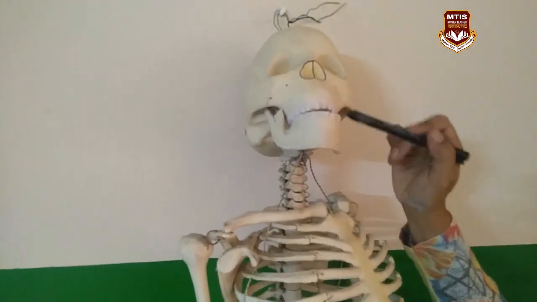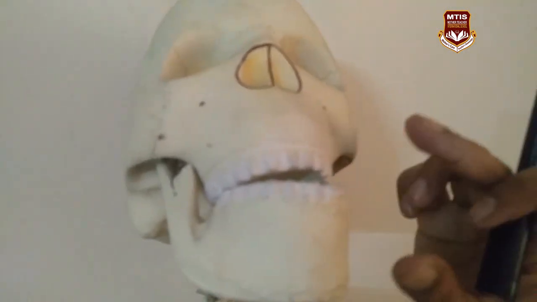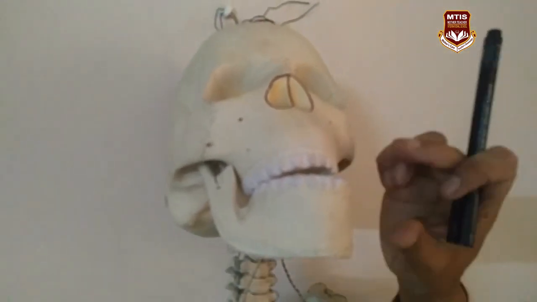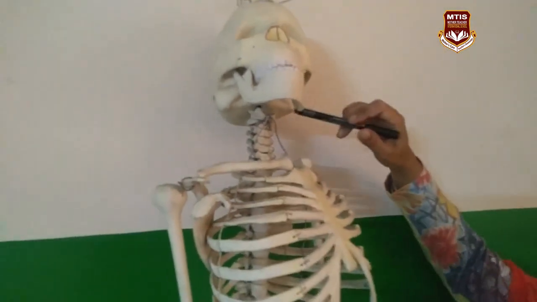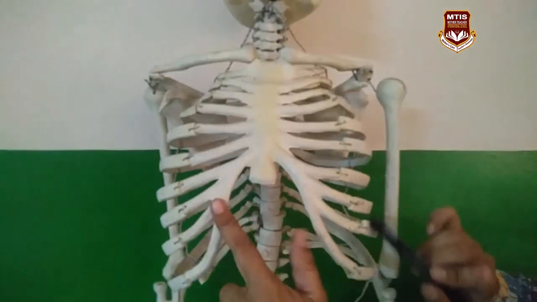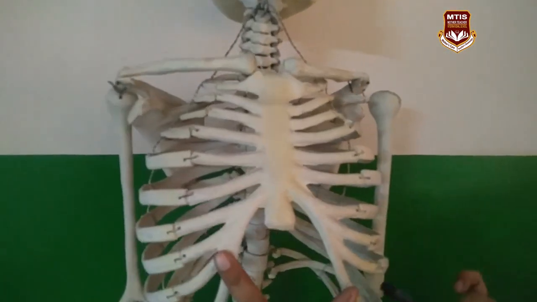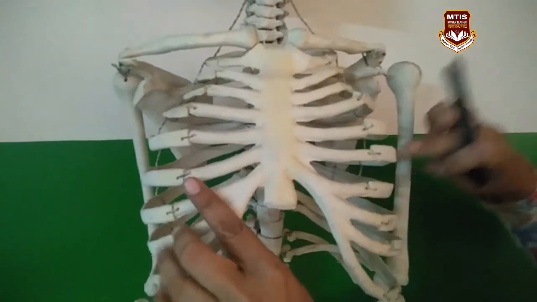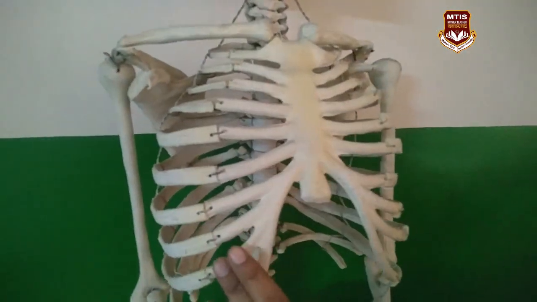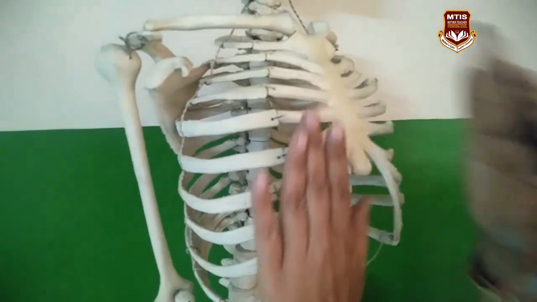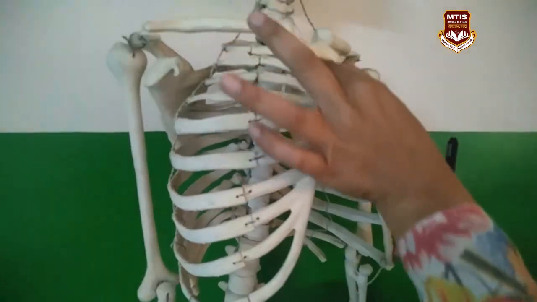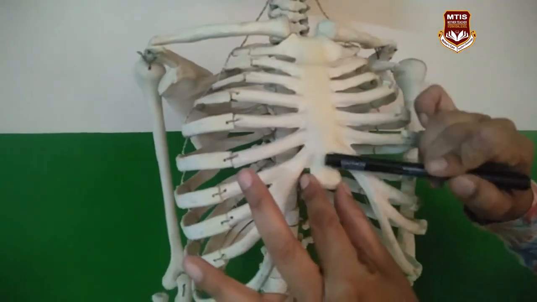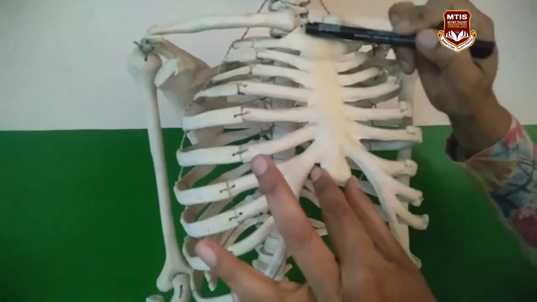These are our jaws. In the jaws, our teeth are embedded in jaw sockets. After the skull, we have a rib cage. The rib cage is a cage-like structure in which 12 pairs of round bones are there. They form a closed cage-like structure, and in front you can see this large bone. This is called the chest bone or sternum bone, right?